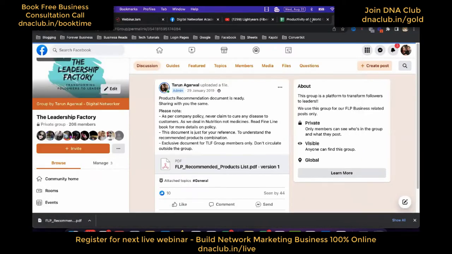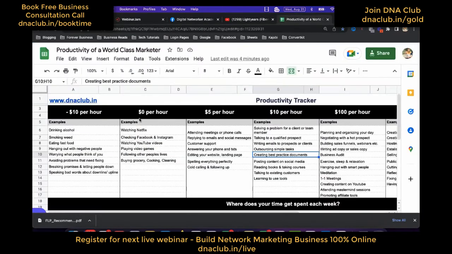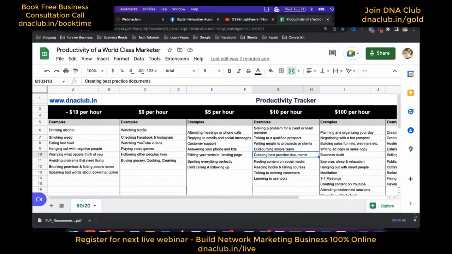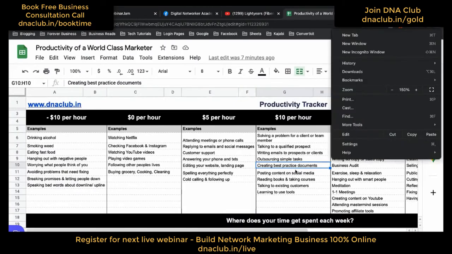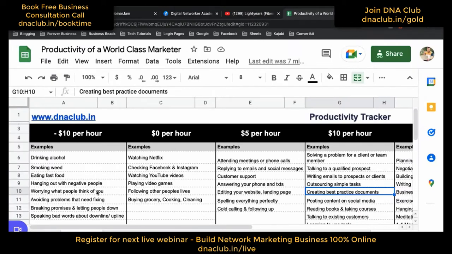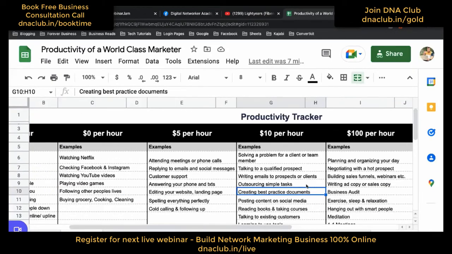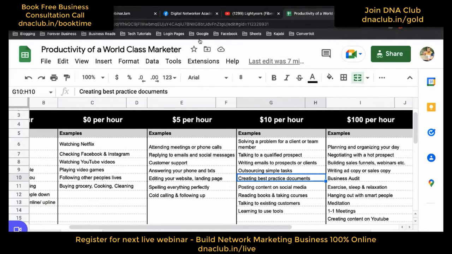So just type bulb on. If you understand, when I was creating this best practices document, at that time I was not making any money because of this. But because of this, I am now saving my time, and more time. When I'm saving my time, it actually means more time, more money. Yes or no? Got it? So just type bulb on.